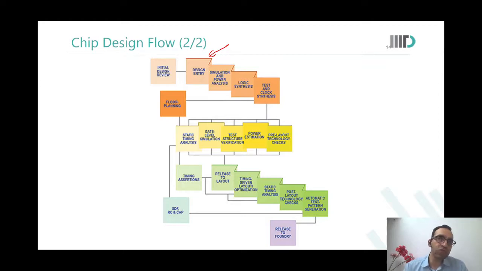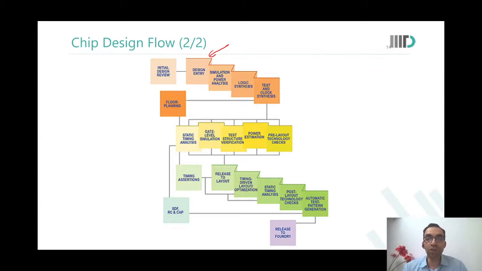If there is one flip-flop and another flip-flop which were supposed to work simultaneously, it should not happen that, because I put 10 buffers in one path and 5 in the other path, one flop operated much earlier than the other one. So if they were expected to operate synchronously and simultaneously, I have to put 10 buffers on both the paths. So this is clock synthesis.